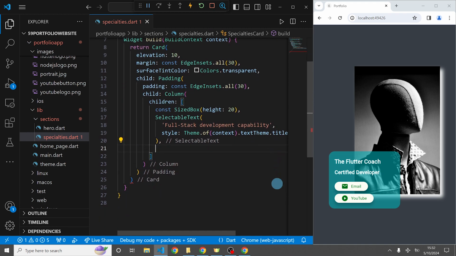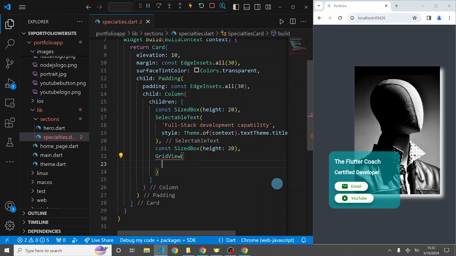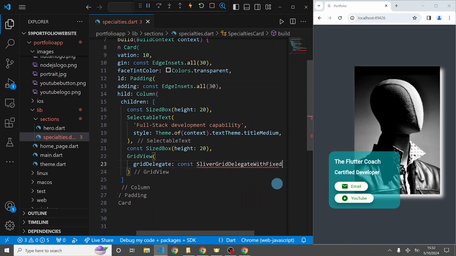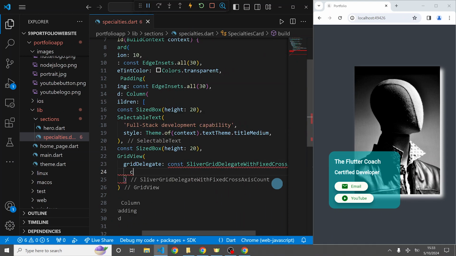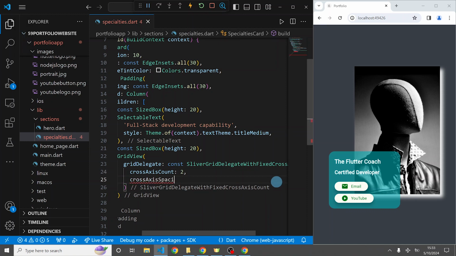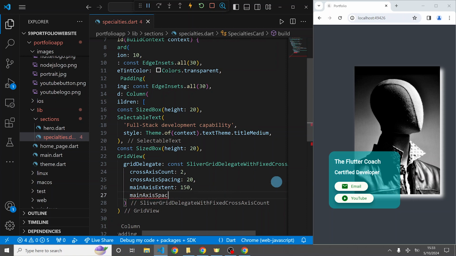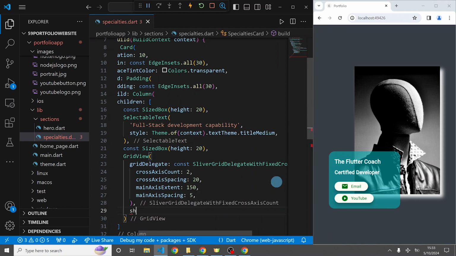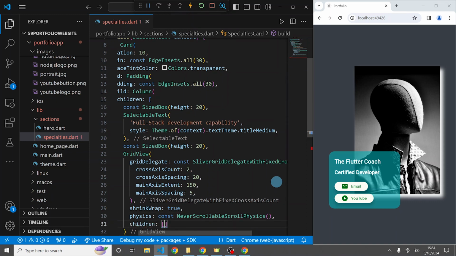The style of that text, as you have seen, is from the theme that we created earlier. Then below this text, we're going to have another sized box for spacing, and then we'll use a grid to display a number of logos. So as you can see in the grid delegate, we will have a fixed cross-axis count. So we'll have specifically 2 items running across this grid. Then we will make it not scrollable